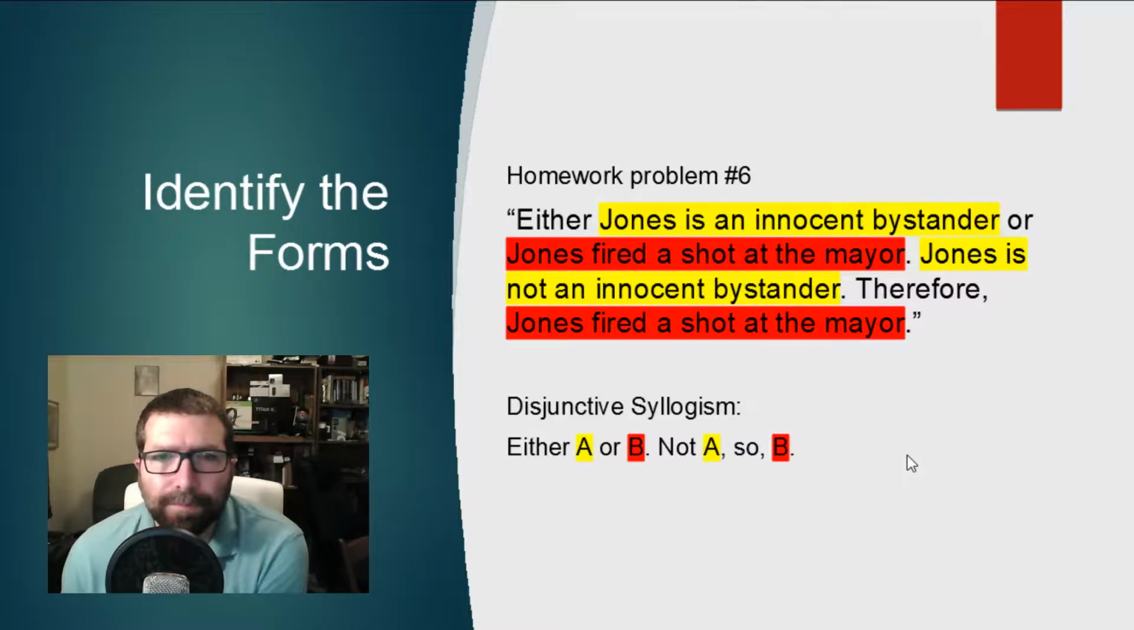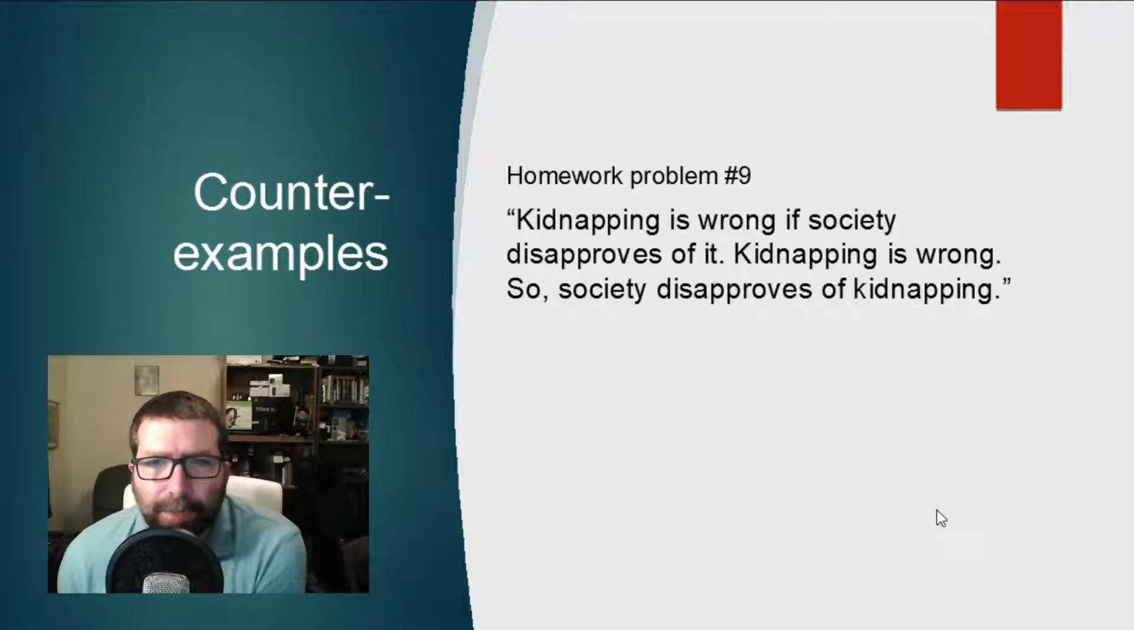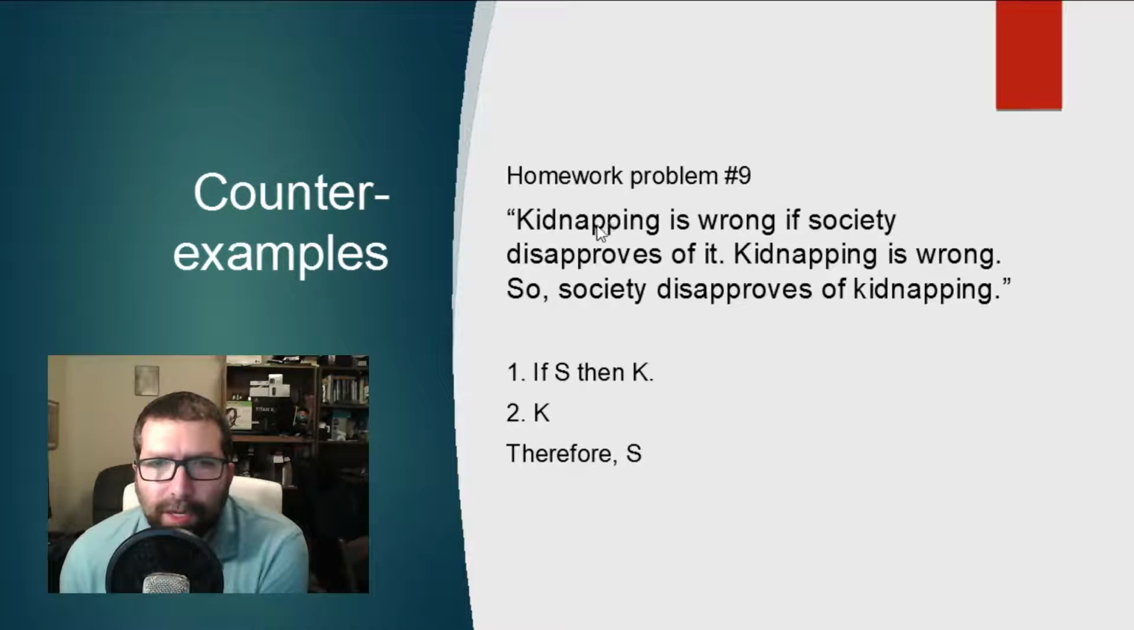All right, let's try another one. Let's try a counterexample here. This is homework problem number 9. Kidnapping is wrong if society disapproves of it. Kidnapping is wrong, so society disapproves of kidnapping. We're going to do the same thing we did last time. We notice we've got a few elements in common. Kidnapping is wrong, we see that one a couple times. And then we've got society disapproves of kidnapping, that's a couple times. So what I went ahead and did here was translate this as: if society disapproves of kidnapping, then kidnapping is wrong. So usually the "if"